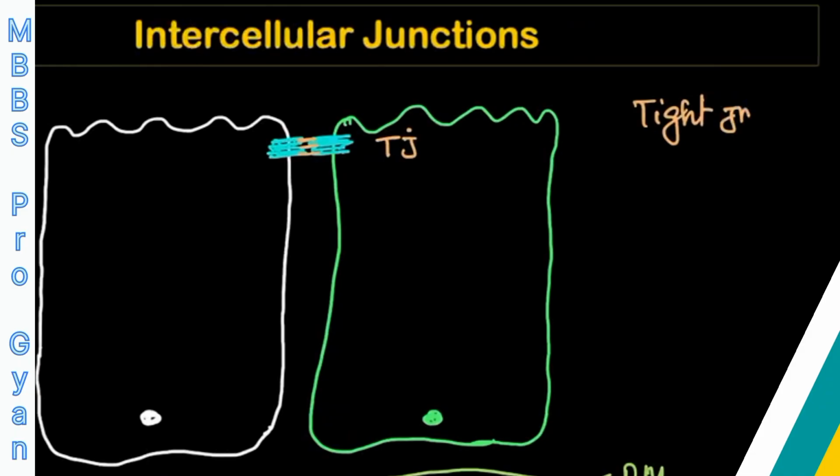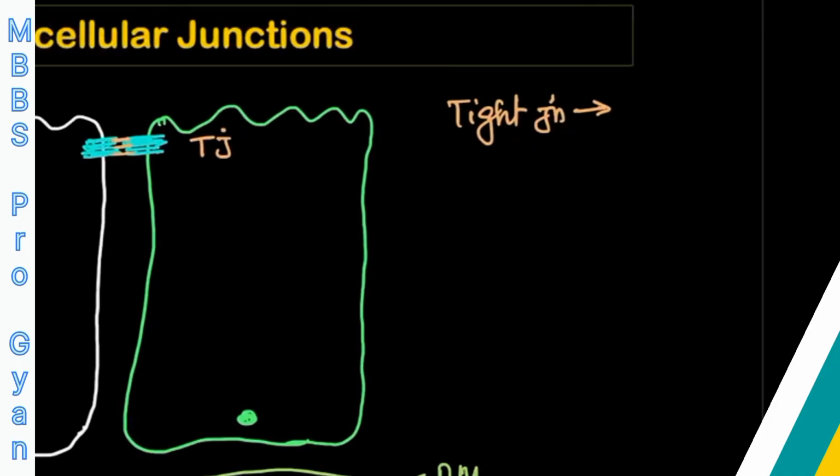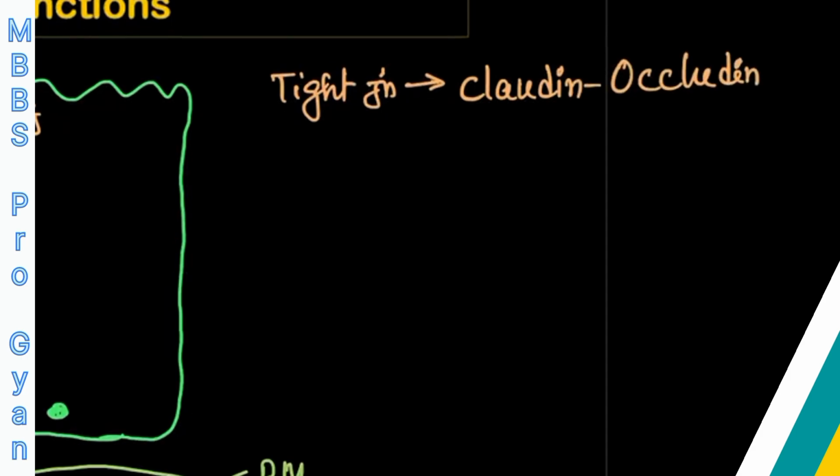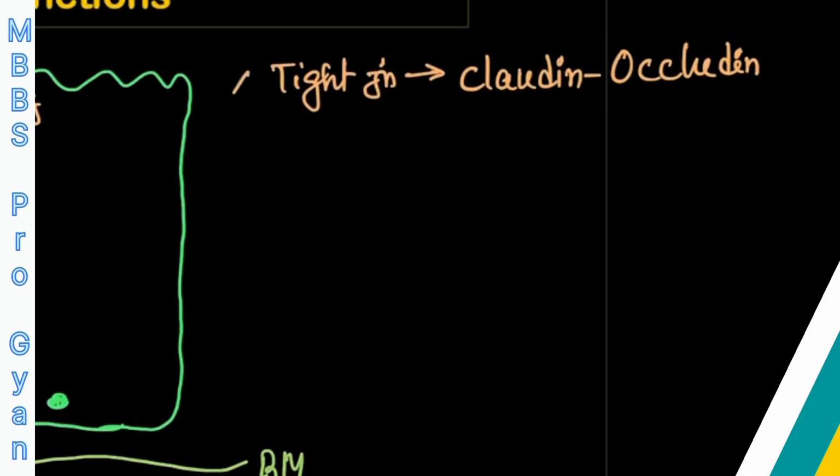tight junction. Okay, so the protein which are interacting with one another from one cell to another cell, this junction is known as tight junction. The protein which forms this tight junction is claudin, C-L-A-U-D-I-N, and occludin. So you must remember this name. Claudin and occludin, these are the proteins which interact from one cell to the other cell, and it forms the tight junction, which is present at the apicalmost portion of the cell, at the top of the cell,